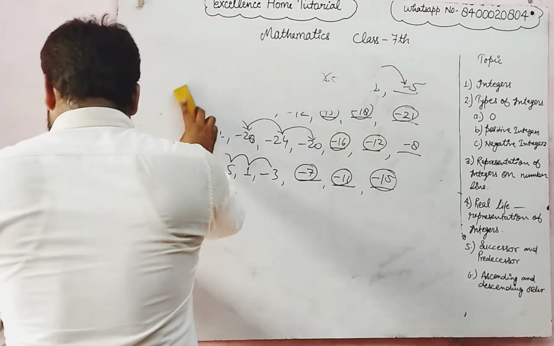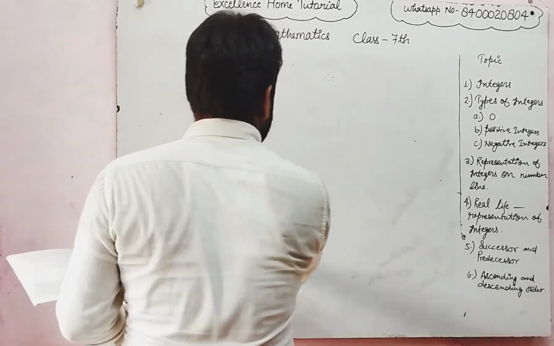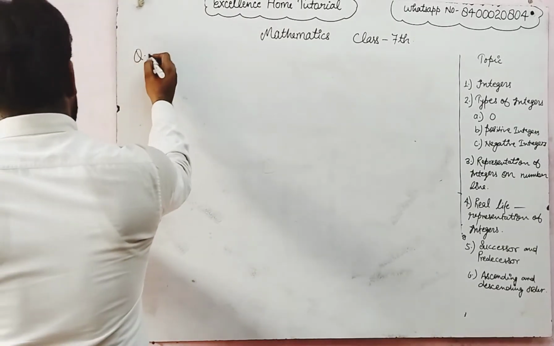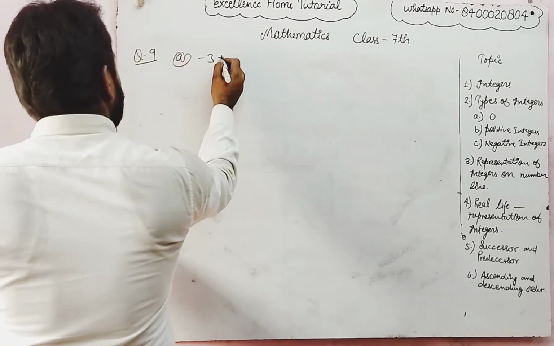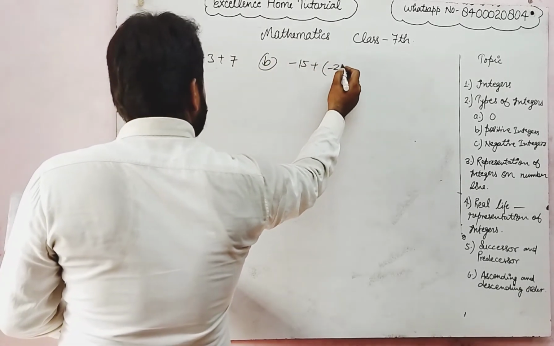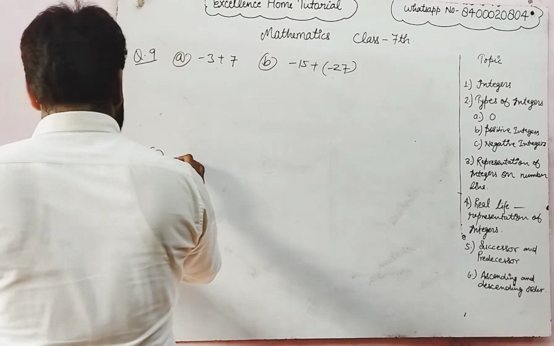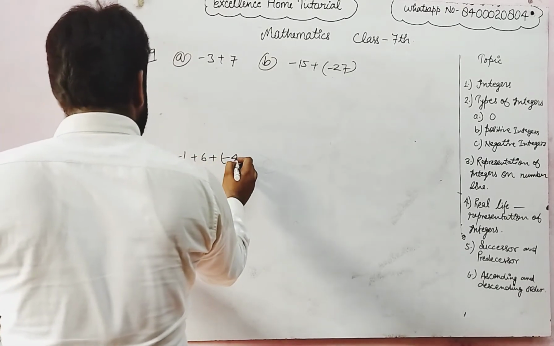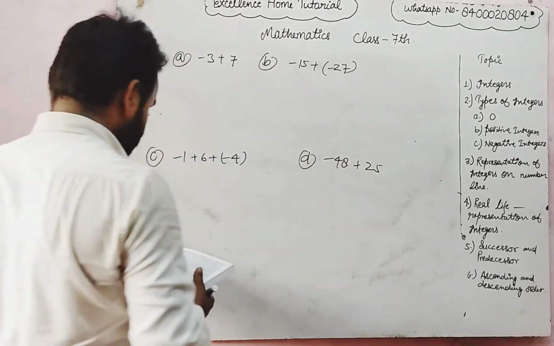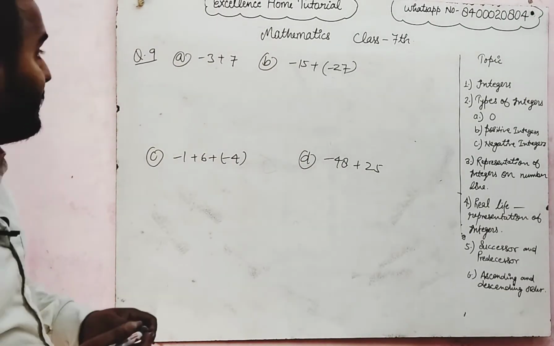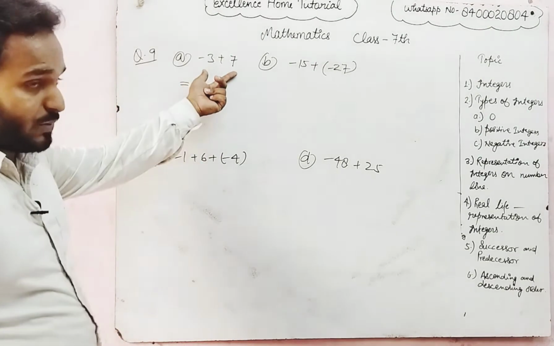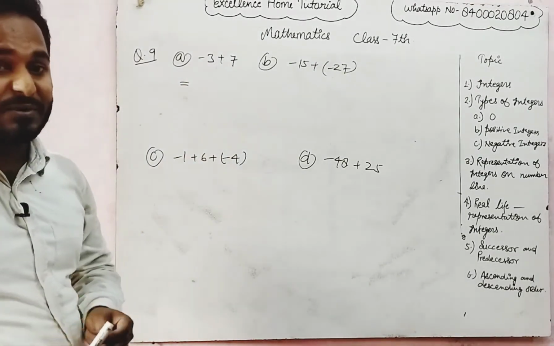Okay, moving on, question number 9. That is A: -7 -3 plus 7, B is -15 plus -27, C is -1 plus 6 plus -4, D is -48 plus 25. So in this question we have to remember, in this sequence, this is a negative number, this is a positive number,